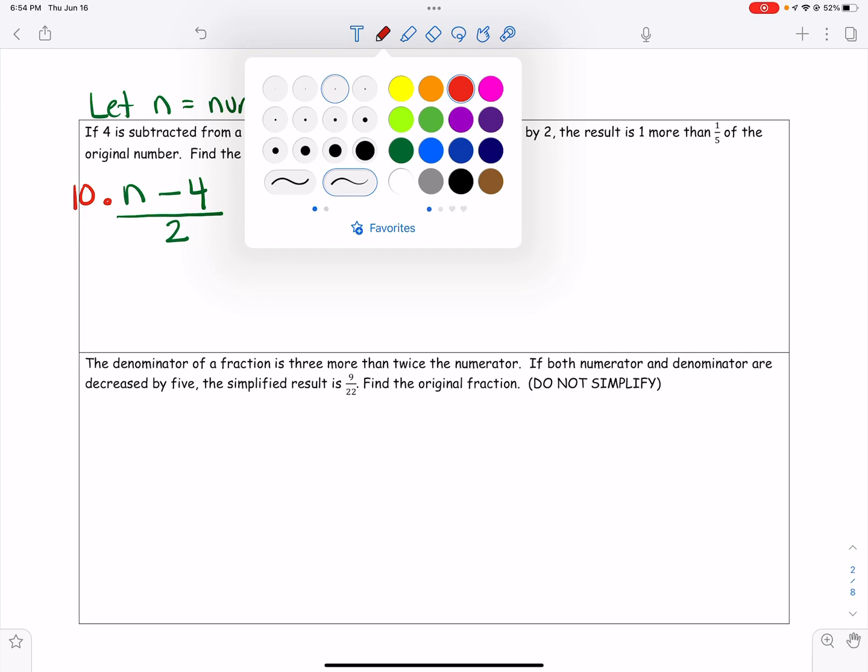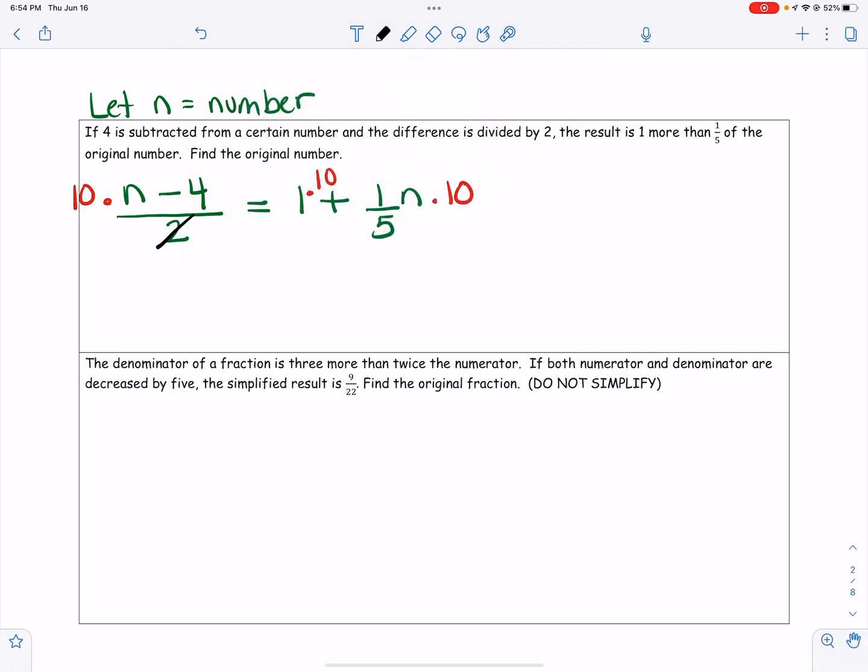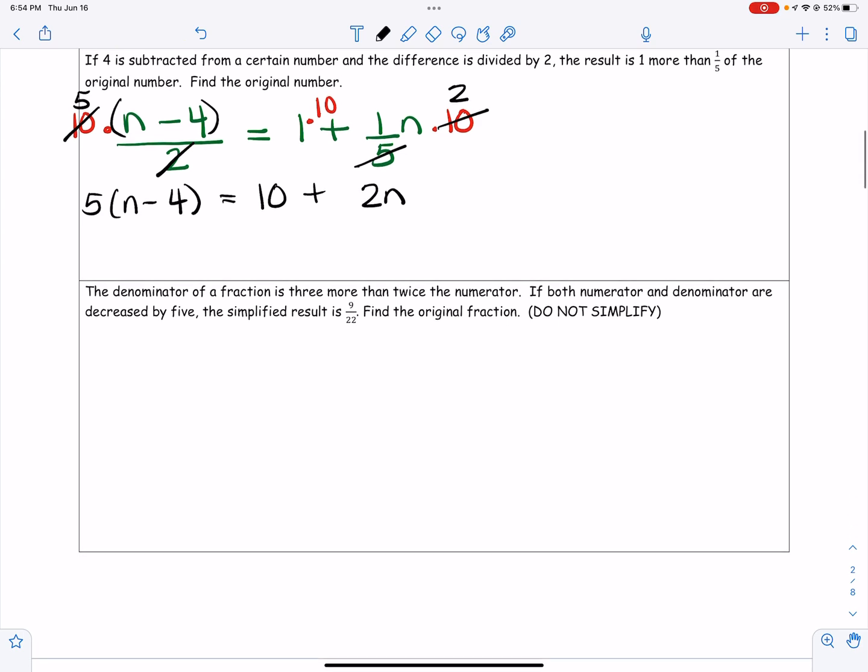So this 2 goes into this 10 and leaves 5, but I have to take it times the entire numerator. 1 times 10 is 10, and this 5 cancels this 10 and makes 2, and 1 times n times 2 is 2n. Go ahead and distribute inside the parentheses, so you get 5n minus 20 is equal to